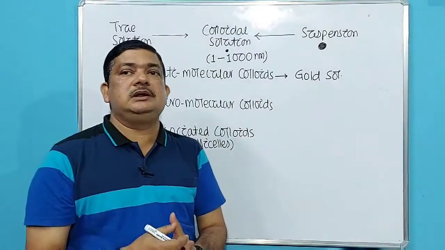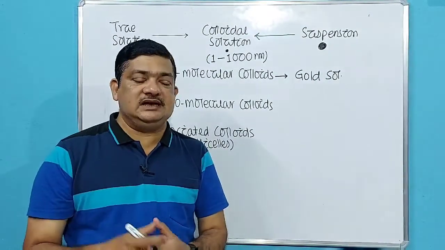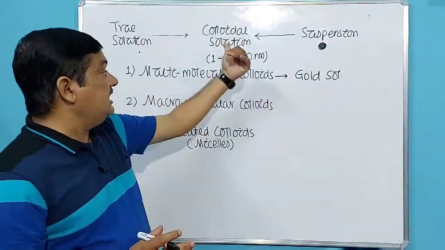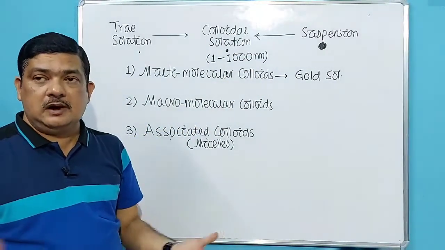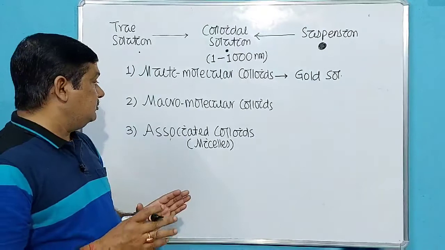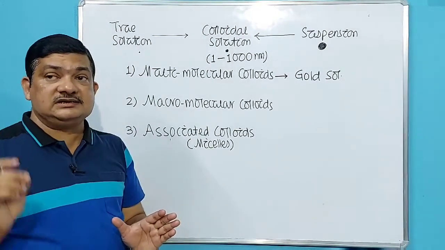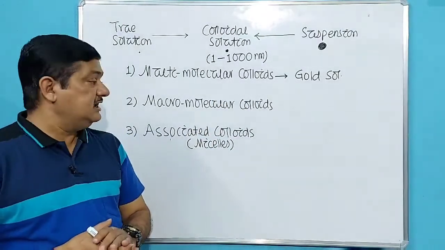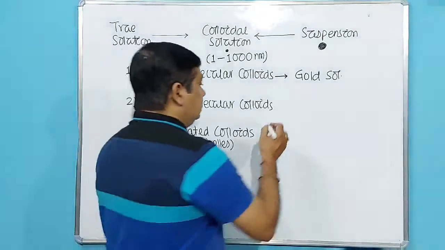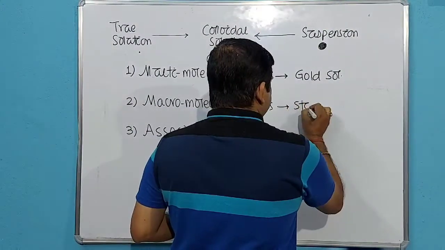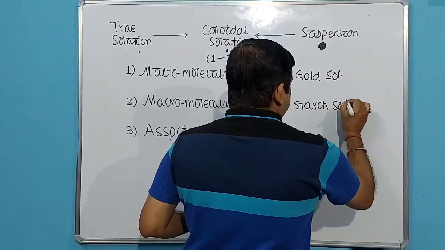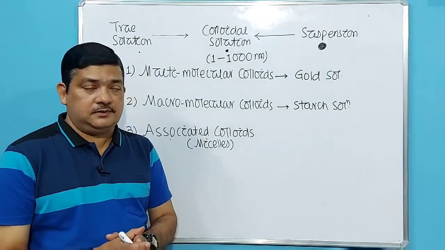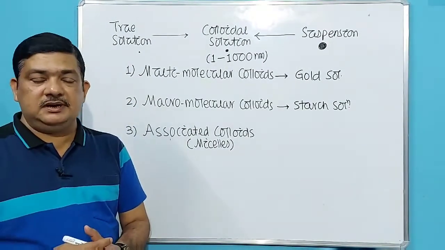So when macromolecules, that means molecules with large molecular mass or bigger particle size, are added to a suitable solvent, what happens? Now their particle size reduces and falls in the required region. What is the required region? Now 1 to 1000 nanometer. So what is macromolecular colloid? Now when macromolecules are dissolved in a suitable solvent, their particle size reduces and falls in the colloidal range, and they are called macromolecular colloids. Example, starch solution. Starch solution, you must have seen, is an example of colloidal solution. It cannot pass through parchment membrane.